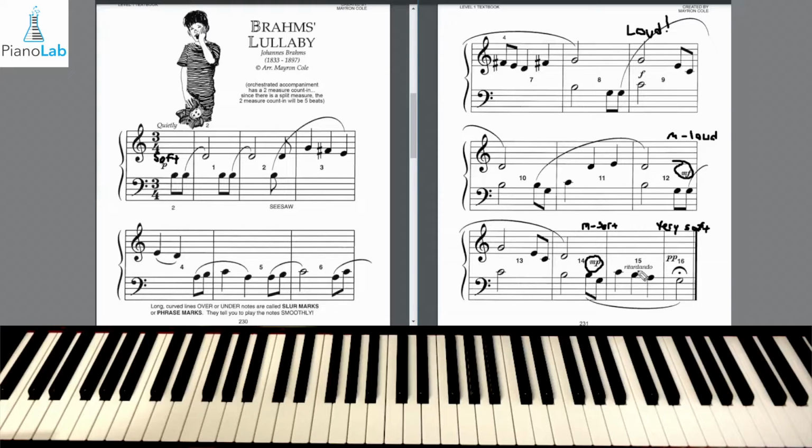And there's slurs all over the song. The last thing that's going to show up here is our retardando, which happens in measure 15. And that means to slow down to the end of the song. I'm going to keep our dynamic markings up there so we know where they are. And now let's practice with which notes are going to be where in our hand. So finger 2 here in the left hand, 1, 2 is going to be on B.